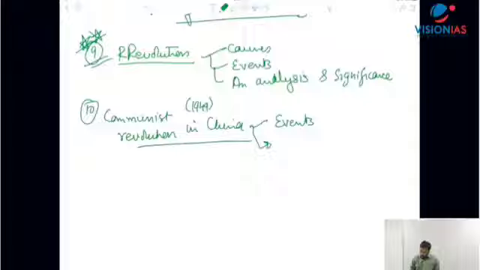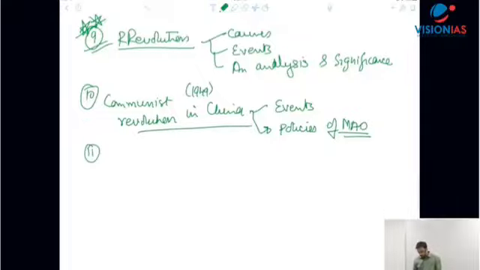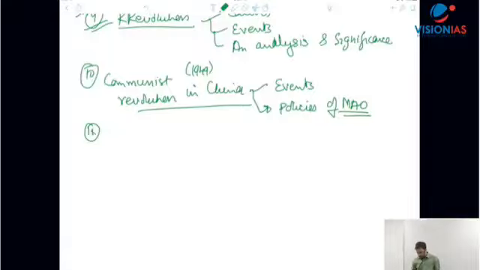Also the policies of Mao and the role played by Mao Zedong in the formation of the communist state in China as well as after that. Okay, so that's the policies of Mao and the role played by them, which is also an important topic. One more topic that I'm just mentioning here because I personally think that they can ask this if they want to look at something on China apart from the communist revolution, because the communist revolution everybody is going to study, right? So just a few more things apart from this are the Boxer Rebellion